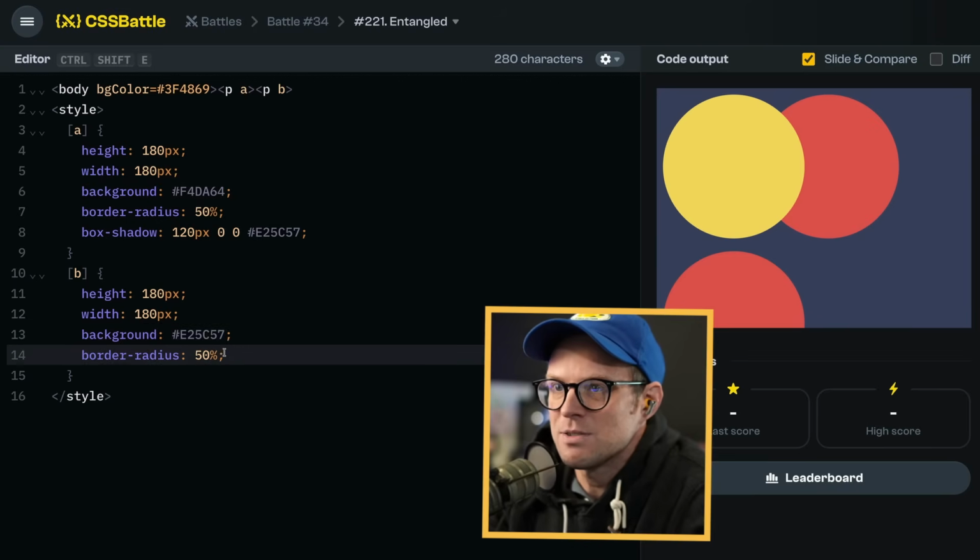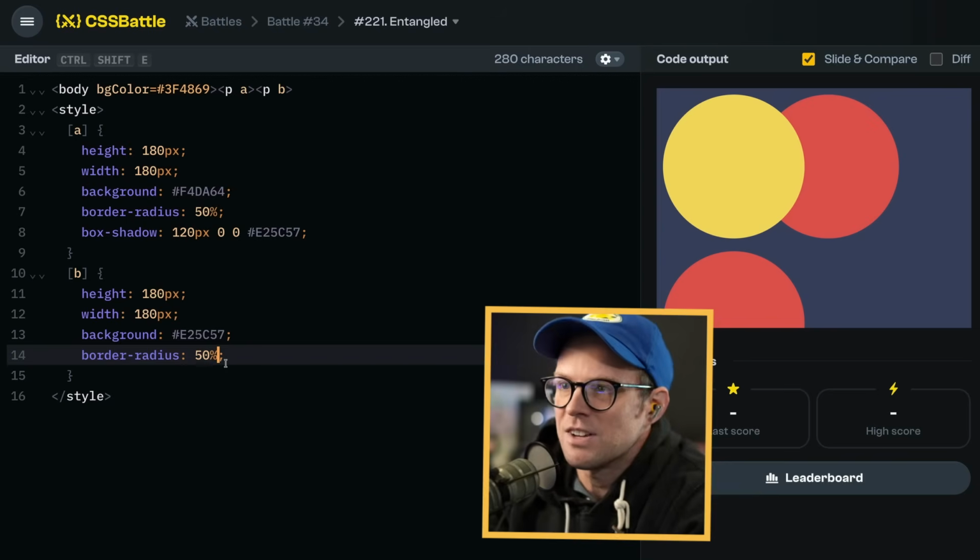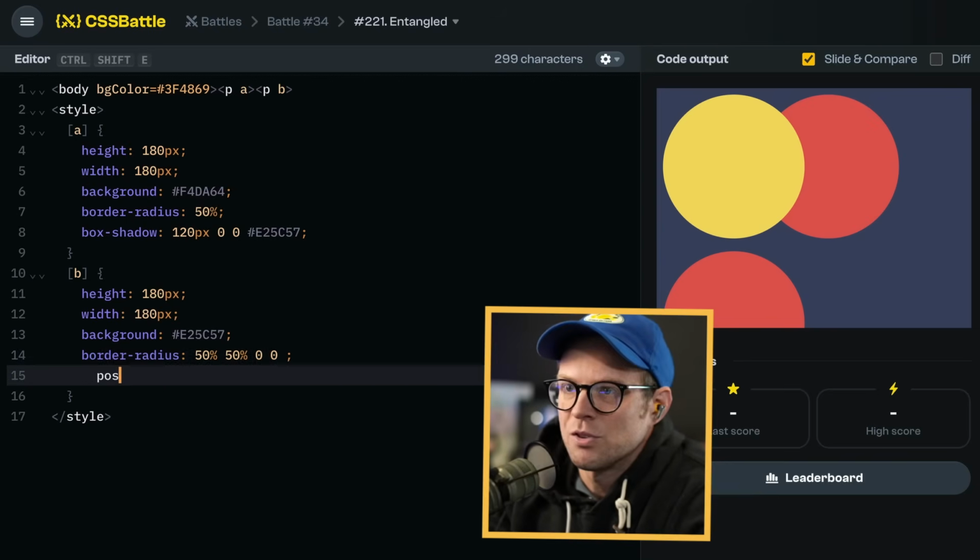That way I can spend the rest of the time making this look nice. And instead of border radius being 50, 50, 50, we're going to say 50% 0, 0, position